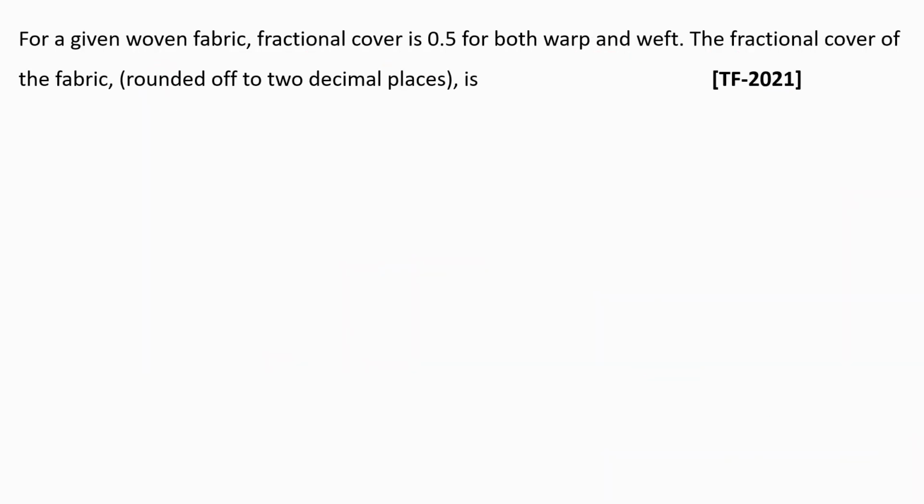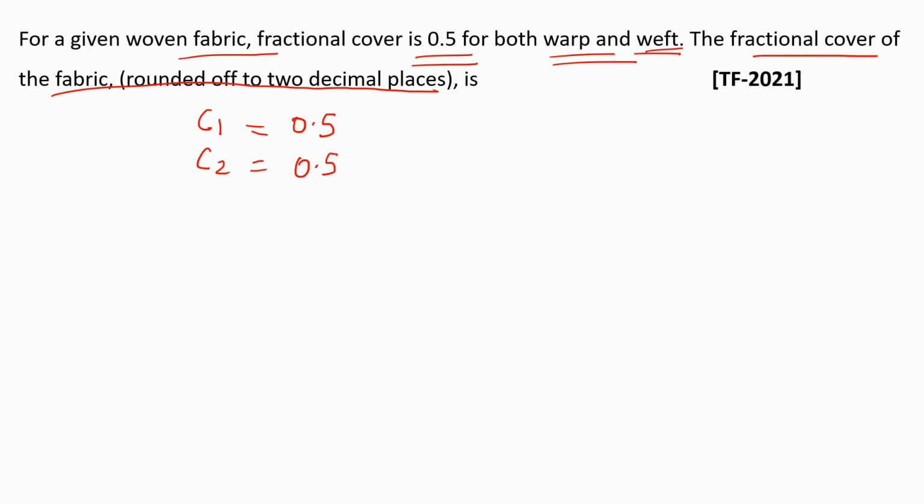For a given woven fabric, the fractional cover is 0.5 for both warp and weft. The fractional cover of the fabric, rounded off to 2 decimal places, is. So in this case, what is given is C1, the warp cover, is 0.5, and the weft cover C2 is 0.5. So what is the formula for the fractional cover of the entire fabric including both warp and weft? So fractional cover